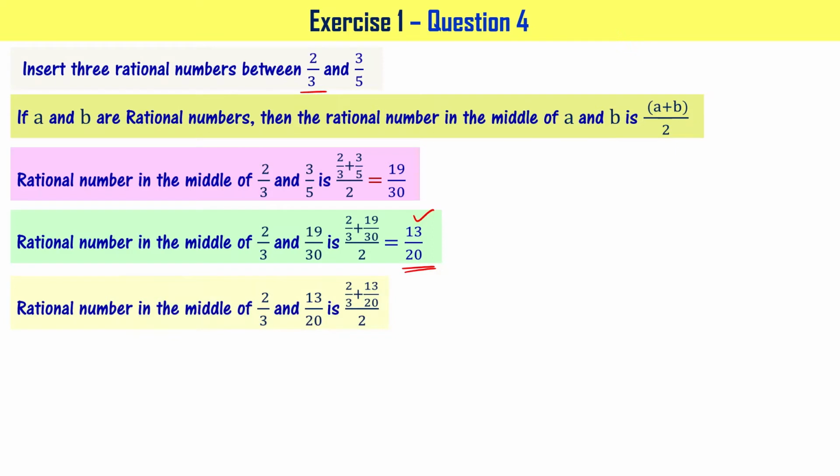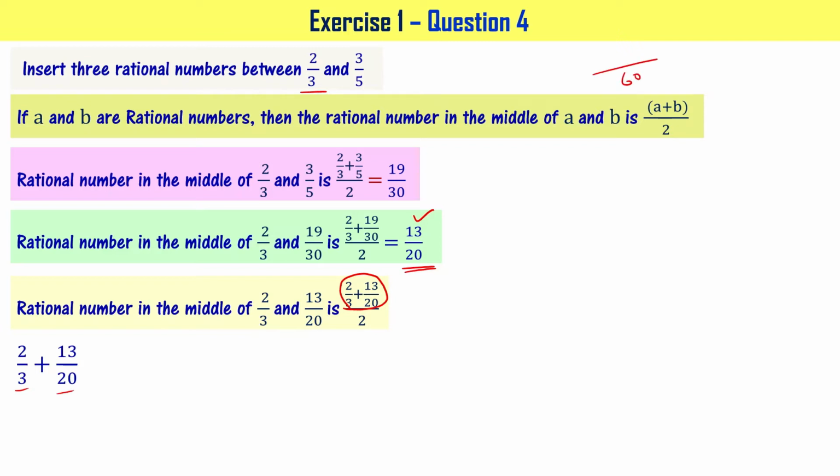Now let's insert another number between 2 by 3 and 13 by 20. That is the middle number. The middle number of 2 by 3 and 13 by 20 is 2 by 3 plus 13 by 20 divided by 2, right? Let's find the value of the numerator, that is 2 by 3 plus 13 by 20, right? Look at the denominators, 20 and 3, right? Their LCM is 60,